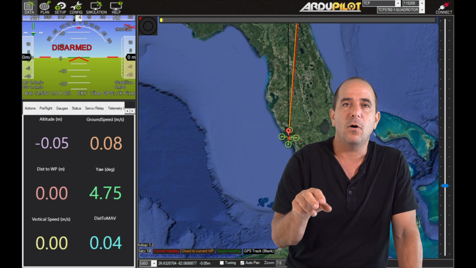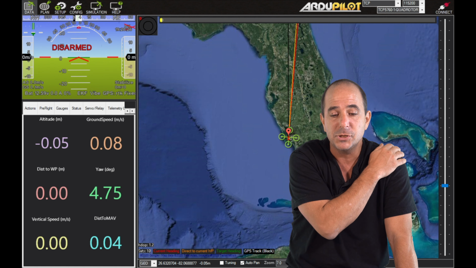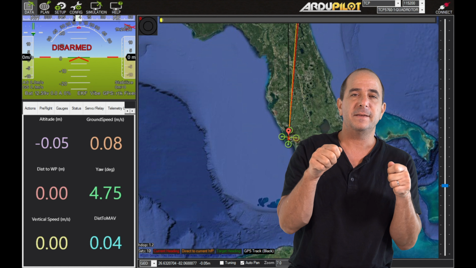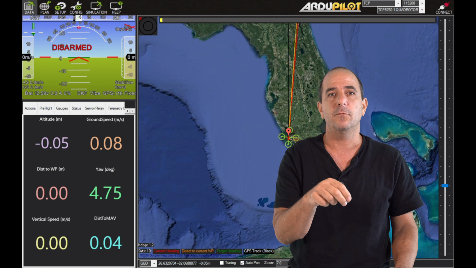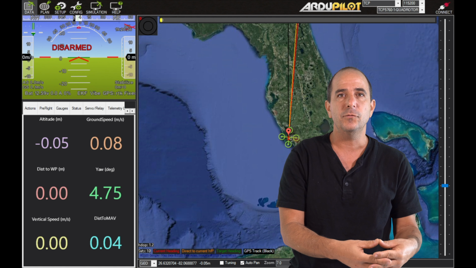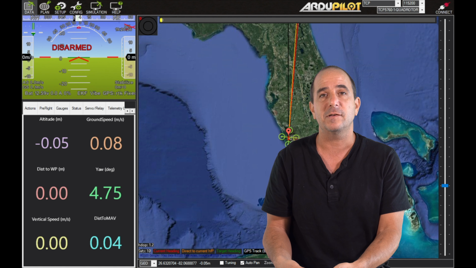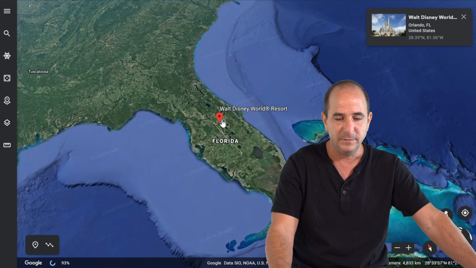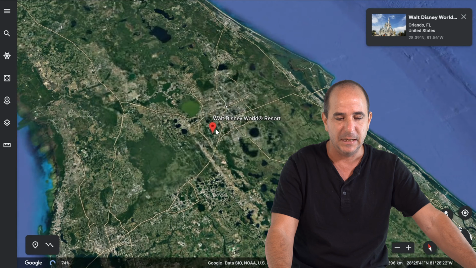And the topic of the first part of this mission is going to be mapping, or designing a route, a set of waypoints, in order to allow a simulated drone to map an interesting place in Florida. And we're looking at the Epcot Center. So let's drill into the Epcot Center.